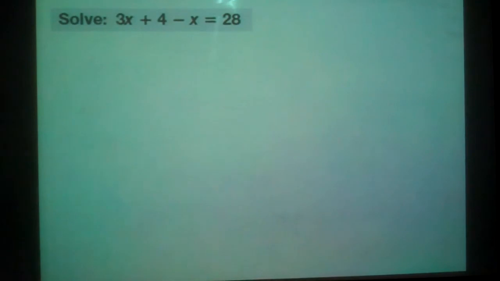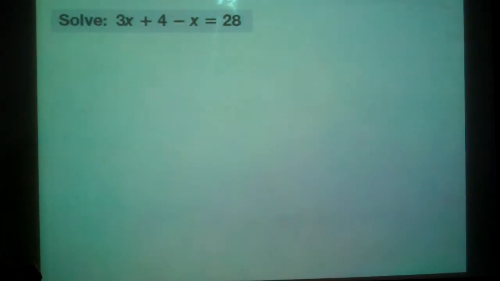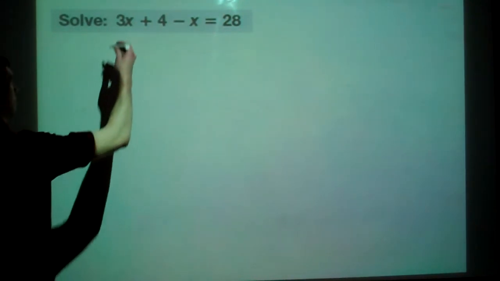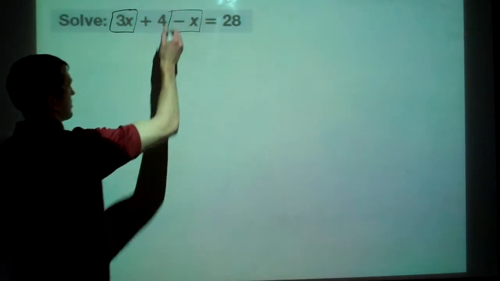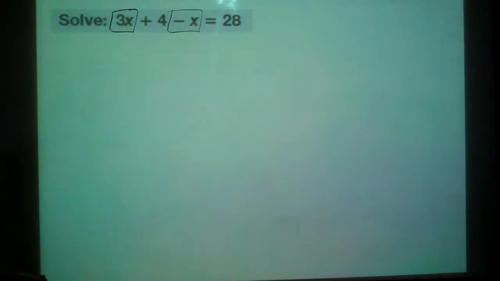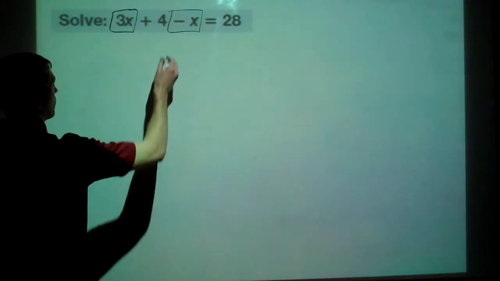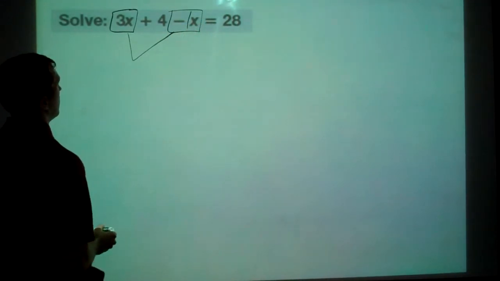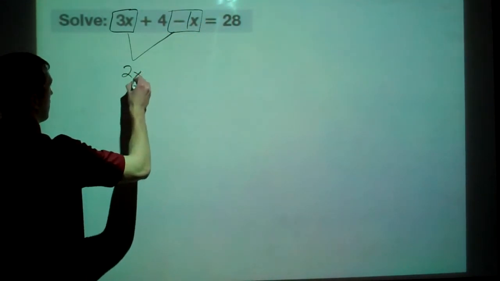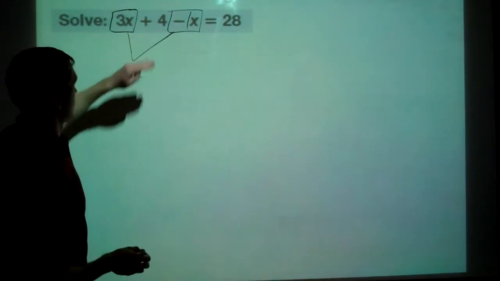Alright, looks like we've got time for this last one. Okay. This one's a little different. We've done something this year called combining like terms. Now that's when we combine the things that look alike. 3x, and we want to circle the symbol in front of the x2. Okay? So we combine these two. 3x minus 1x is a 2x. So we have 2x plus 4